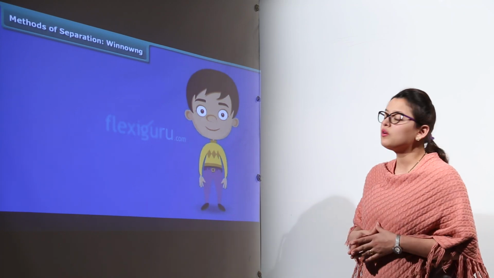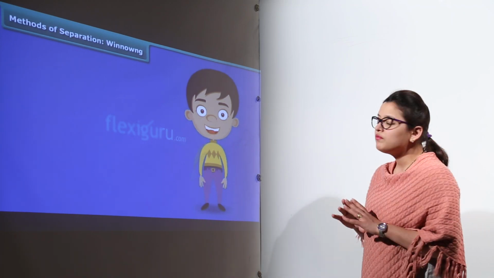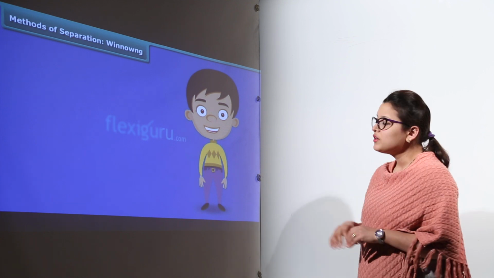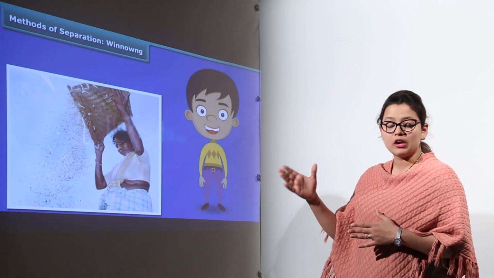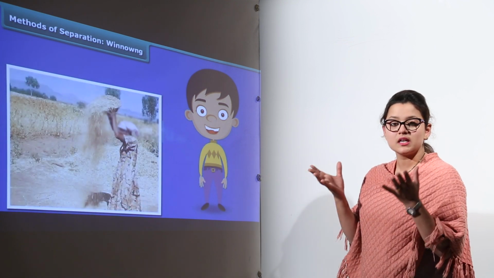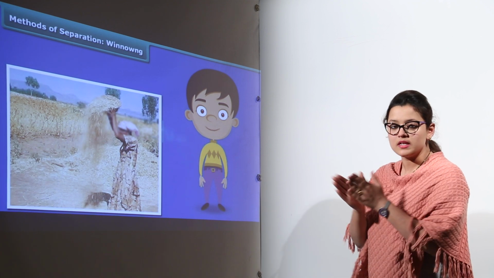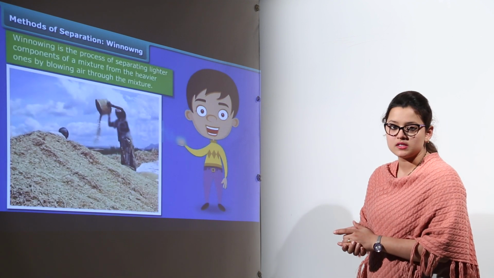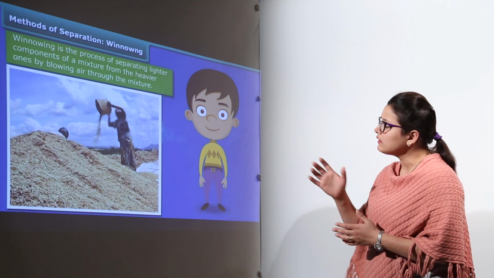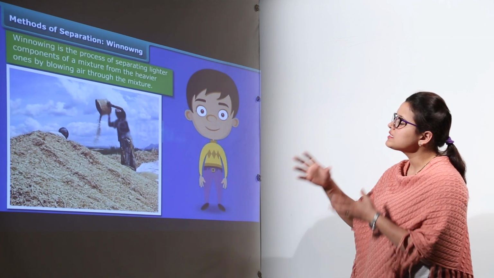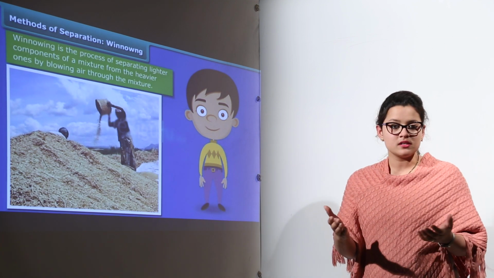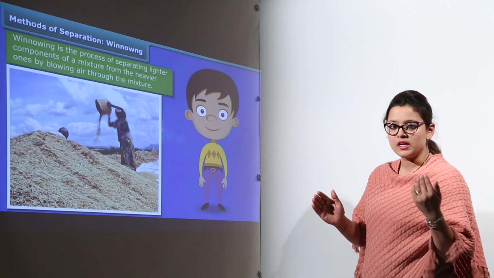The third method we are going to do is winnowing. In winnowing, you must have seen the ladies in the countryside holding up baskets containing grains on their heads, and they are shaking those baskets. Why is it done? Because by this process the lighter particles like husk are removed from the grains, and the